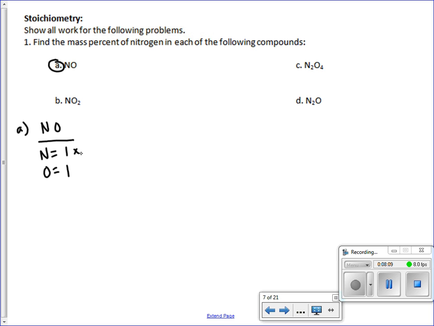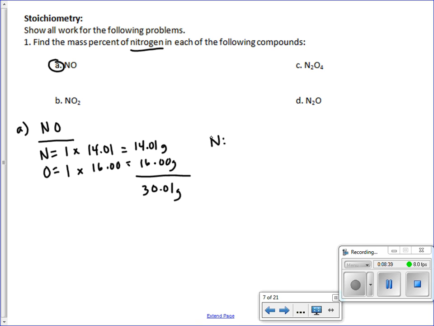Then multiply that number of atoms by the average atomic mass of that element. For nitrogen, we generally use 14.01. So 1 times 14.01 is 14.01 grams, assuming that we have a mole of it. And then oxygen is going to be 16.00. So altogether, we get 30.01 grams. Now, it wants you to just find nitrogen, but I'm going to show you nitrogen and oxygen for both of these. For nitrogen, 14.01 grams out of the total 30.01 grams is a little bit less than half, so we should expect a number slightly less than 50%, and